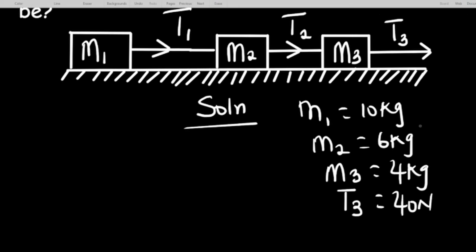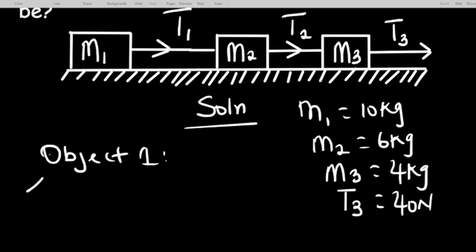Okay, now let's go ahead and solve this problem. We are going to analyze them separately and create three equations. So if there were two masses on this table, we end up creating two equations. If there were only one, we create one equation. But since there are three, we're going to create three equations for them. So we say object 1, this is how you're going to do it. Object 1,